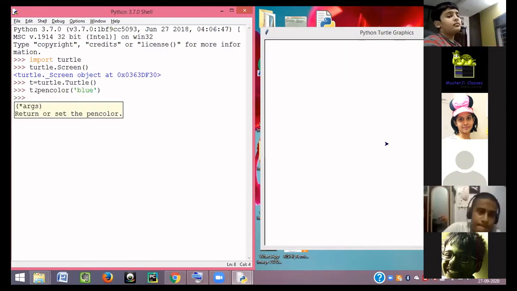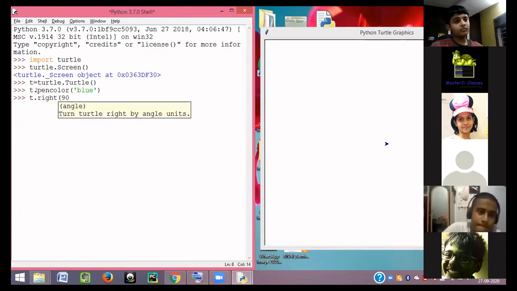Now for Ashoka Chakra, the first requirement is we need to make a circle. Let's point my arrow to the right, 90, and it will point in the downward direction. Now I have to make it move forward.